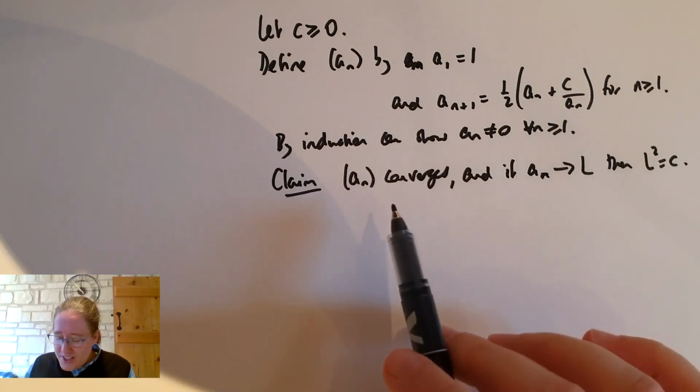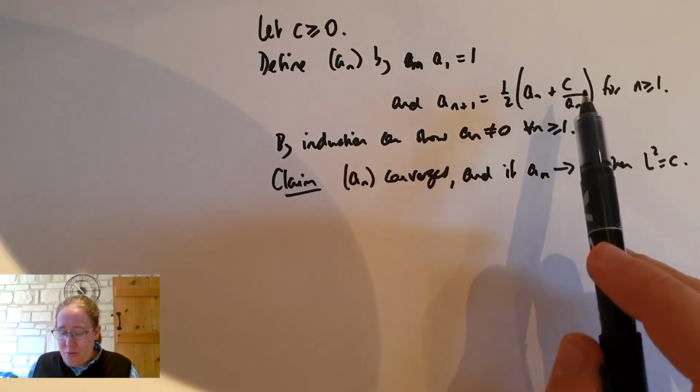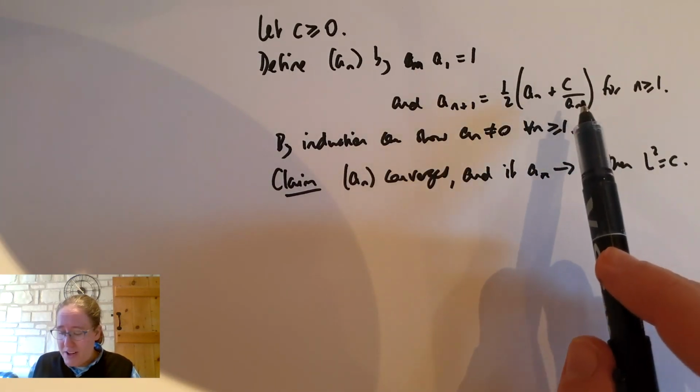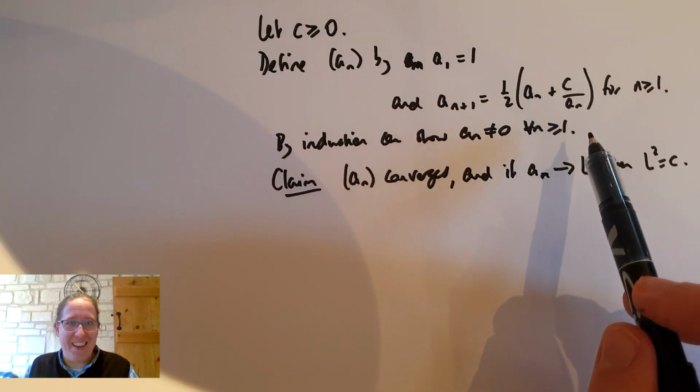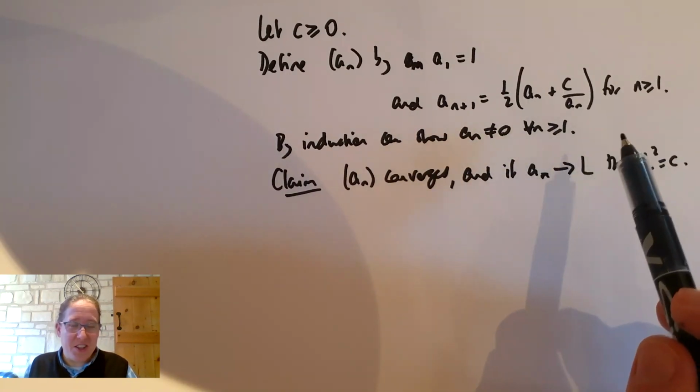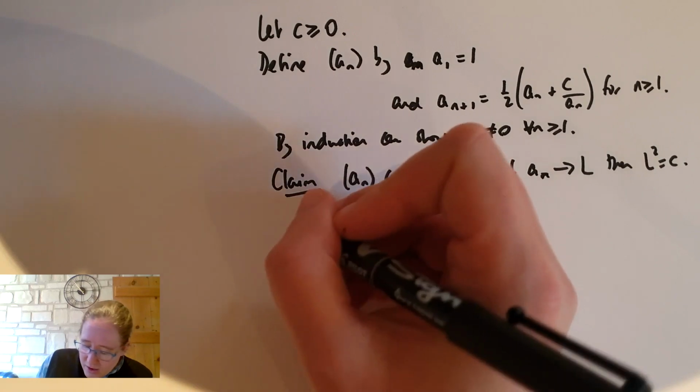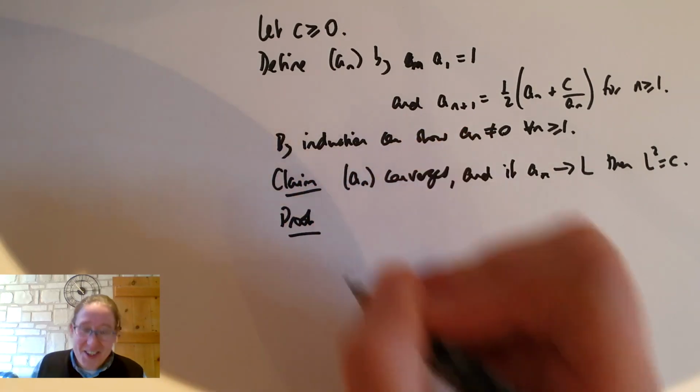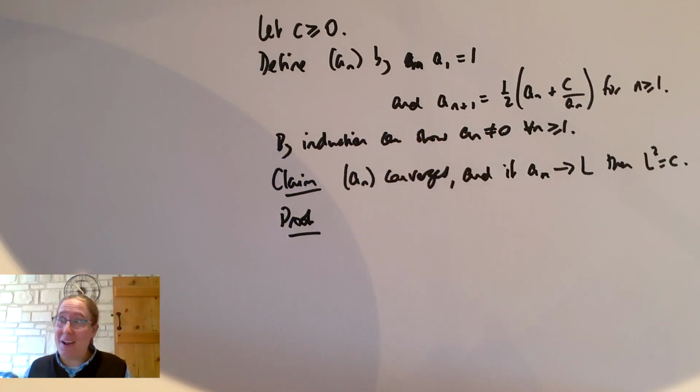So the first thing, you might want to just go and doodle: fix a value of C, experiment with what this sequence looks like, and develop some intuition about it. The plan is to use the monotone sequences theorem, so we better show that it's monotone and we better show it's bounded, and we have to decide: are we going for bounded above or bounded below, increasing or decreasing? Because I've already done my pre-doodling, I'm going to try to show that it's bounded below and then that it's decreasing.